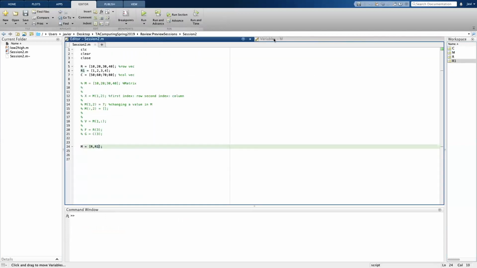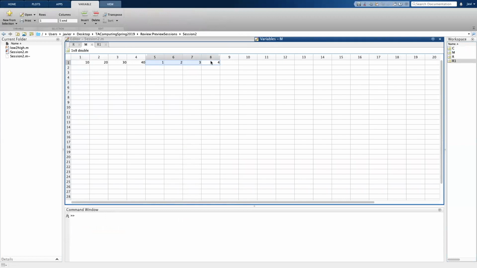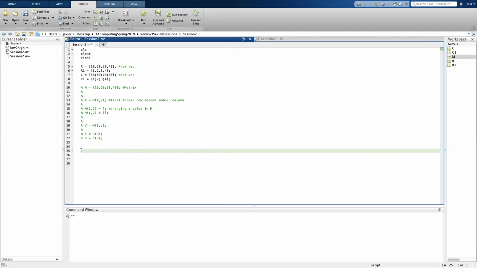As you can see, the rule here is that if you're trying to put two things on the same row, meaning you're separating them using a comma during the creation of them, both must have the same number of rows. So this is R. If R was 2 rows and R1 was 1 row, we'd have this blank space right here because we want a full rectangle. If we're trying to put two things on the same column, they have to have the same